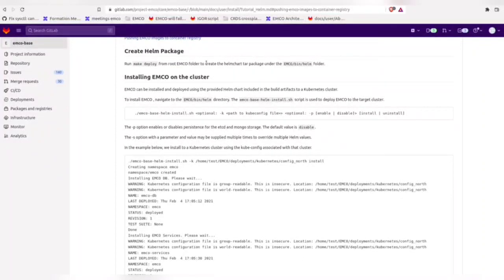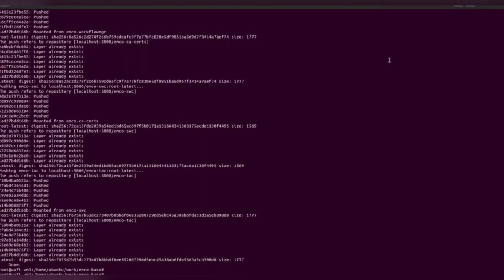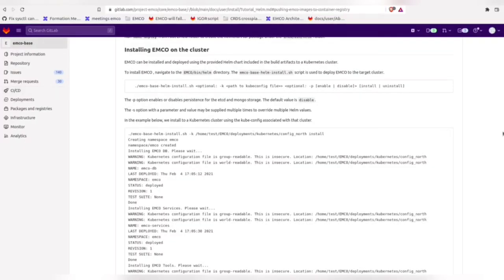So after running this, we will have our helm chart tar packages inside the EMCO bin and bin helm folder. So now we have successfully run our two commands, make deploy and make build base. Now what we're gonna do is navigate inside the bin/helm folder, and here we will find our script